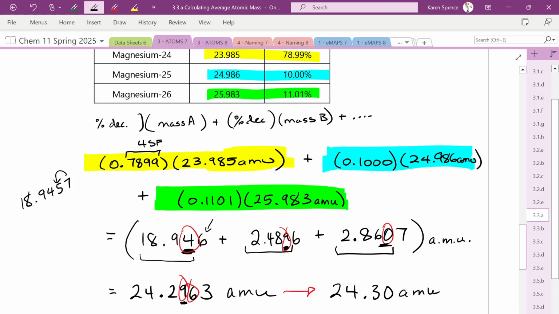Well, you know what though? Maybe I should have, okay, let's try it. 0.7899 times 23.985 plus 0.1 times 24.986 plus 0.1101 times 25.983 equals,